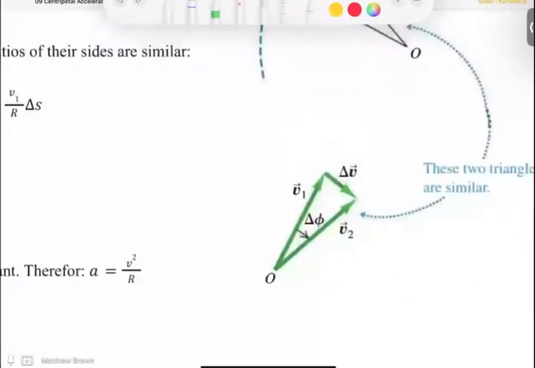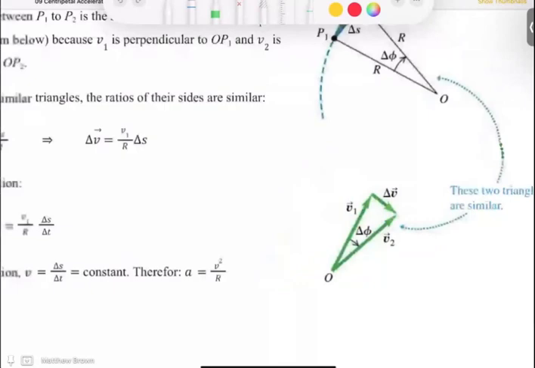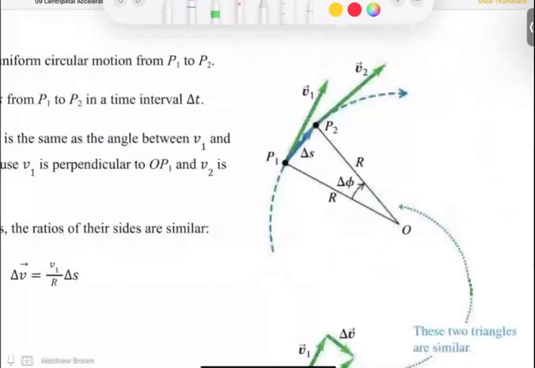So we know V1 plus delta V has to equal V2. Another way to think of that is V2 minus V1 is delta V, but it's probably easier, because we're used to vector addition, to just say if you have V1 and then you add some delta V, that should get you to V2. Now the claim is that this angle here is also phi. And the way that we know that is if you go from point O to P1,